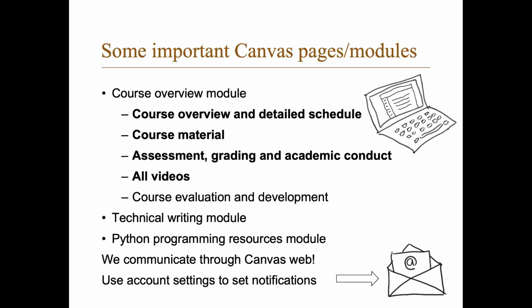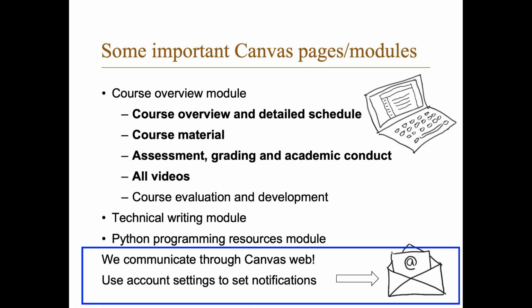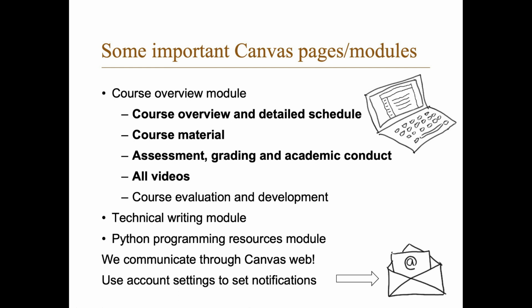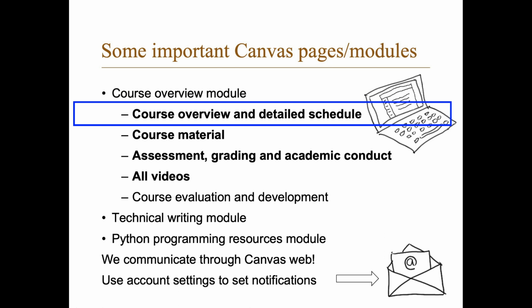How is the course designed and how will you find info about the course? Our main channel of communication outside lectures, exercises, etc. is through Canvas, so please make sure you have set Canvas up so you get notifications. We have collected the most critical information on a few key pages in Canvas. On the page Course Overview and Detailed Schedule, you find a course overview and all the deadlines and other important dates. You also find when you are expected to have read the different chapters and what exercises we recommend you